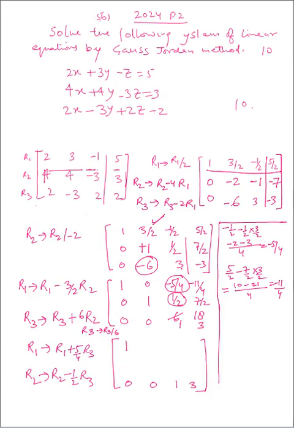Next in R1 we are doing, here it is 0 in this, because we are doing 5 times and adding, it will automatically be 0. Next is minus 11 by 4, minus 11 by 4 plus 5 by 4 into 3. So this is 4 LCM, 15 minus 11, 4 by 4, that is 1. Now here 0 1 and this is 1 by 2. We are doing R2 minus, that is 1 by 2 minus 1 by 2 into 1. So this becomes 0, and here it is 7 by 2 minus 3 into 1 by 2, that is 4 by 2 means 2. We got the answer.